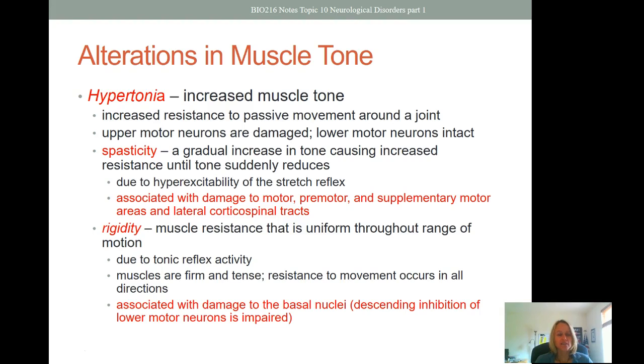Rigidity is when we have muscle resistance that is uniform throughout the range of motion, and this is due to a kind of tonic reflex activity. So here the muscles are firm and tense, and resistance to movement occurs in all directions. This is associated with damage to the basal nuclei, which provide descending inhibition of the lower motor neurons. So the basal nuclei can normally dampen that response, and if they're damaged, that can result in